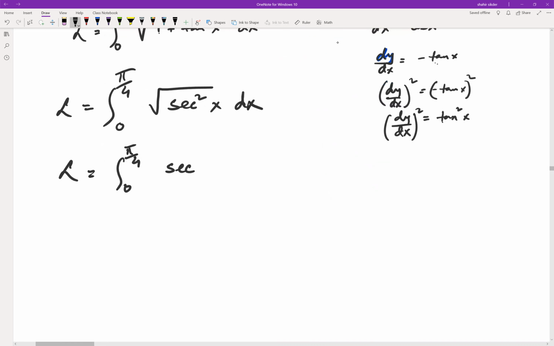So we would have natural log of secant of pi fourths, which is 2 over square root of 2, plus tangent of pi fourths, which is 1, minus natural log of secant of 0, which is 1, plus tangent of 0, which is 0. So we would have